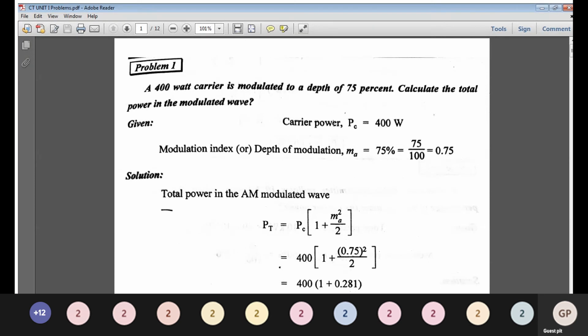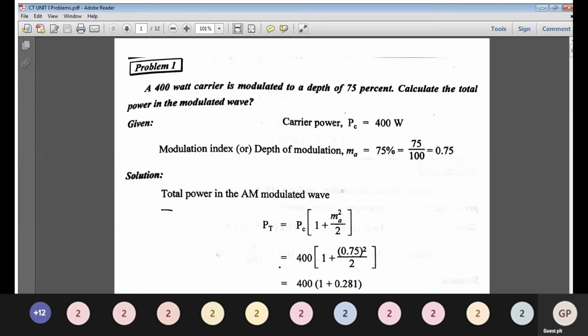So we completed all the derivations part. We have seen so many formulas: power calculation, current calculation, modulation index equations, AM equation, double sideband full carrier equation, double sideband suppressed carrier equation, single sideband suppressed carrier equation, vestigial sideband equation. For all the four concepts, the bandwidth formula is there, total power formula is there, modulation index formula is there, current formula is there. So we'll get problems from these topics only, from these formulas only.